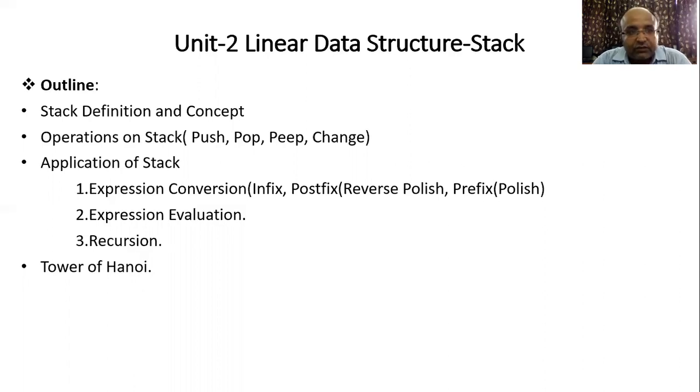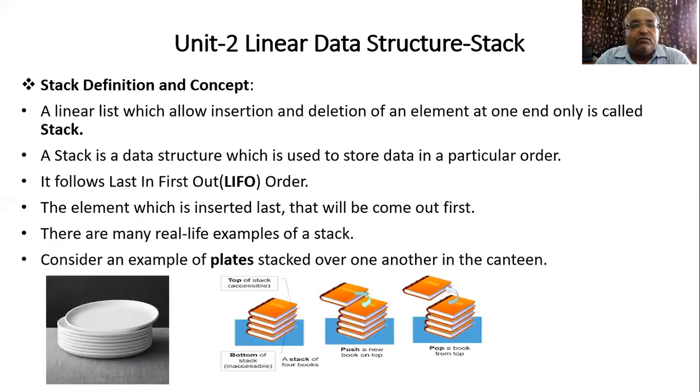Correct? So this is the outline. Okay, now first we'll start with the definition of stack and the concept. First we have to understand what exactly the stack is. If you read the first line: a linear list which allows insertion and deletion of an element at one end only is called a stack.